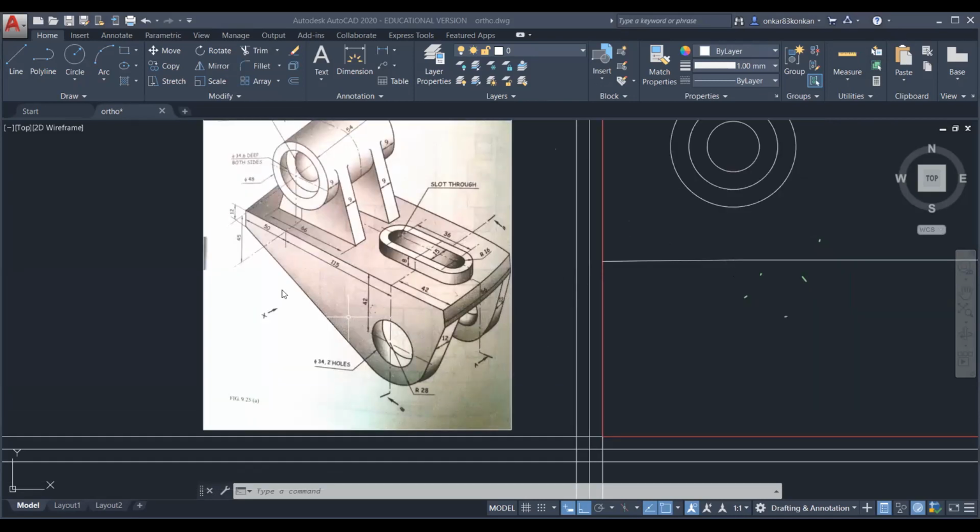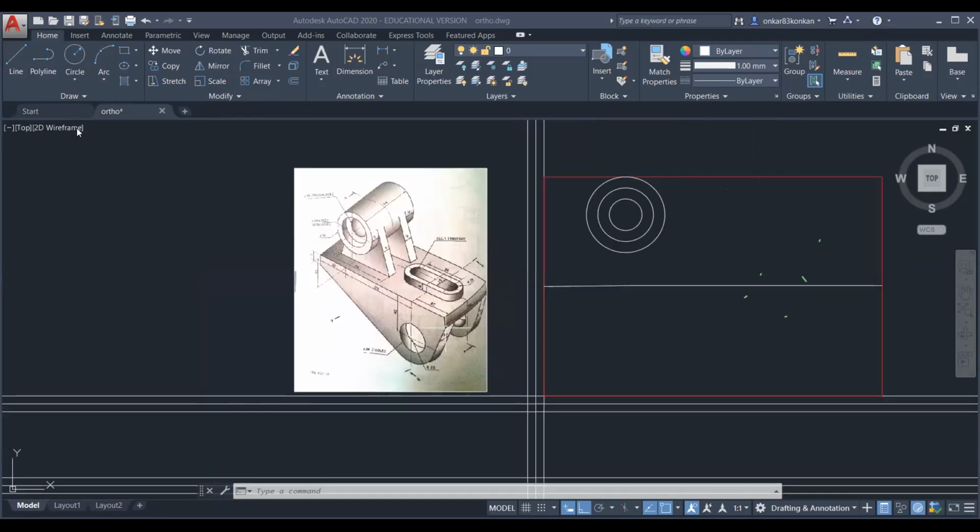This line is representing this line. So we have to draw this vertical line. This vertical line has the dimension of 12 mm. So take the dimension 12 mm. So select line.